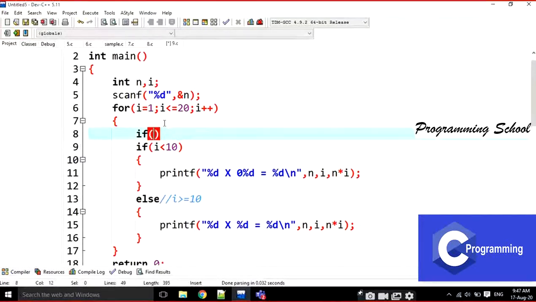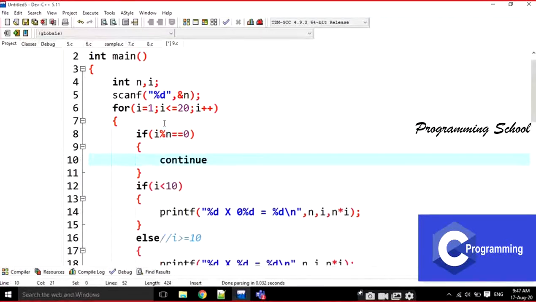If i mod 5, sorry, i mod n, for example, not 5 here, but the number, n is equal to 0, then I have to write continue. I am not printing the values which are divisible by that number.